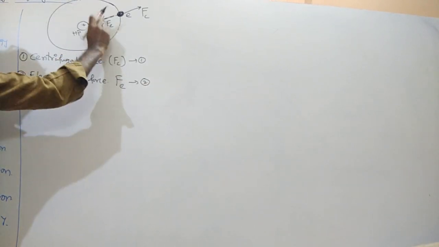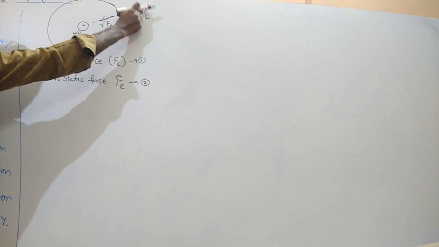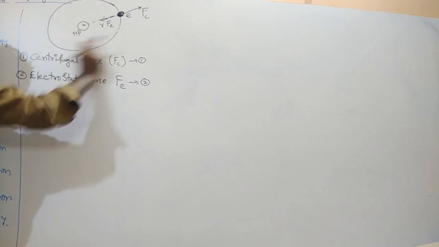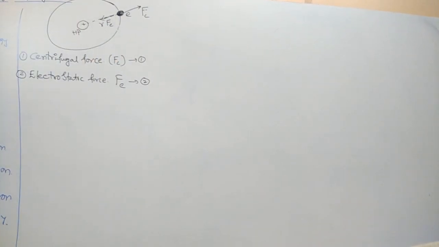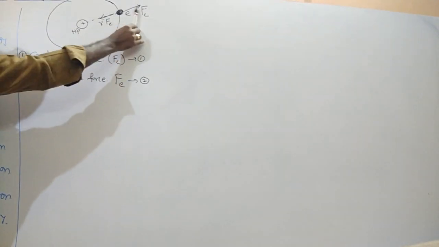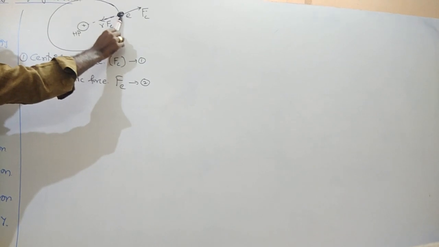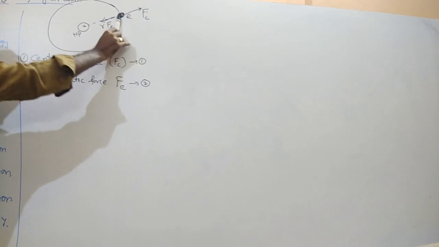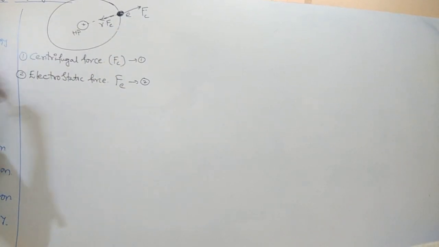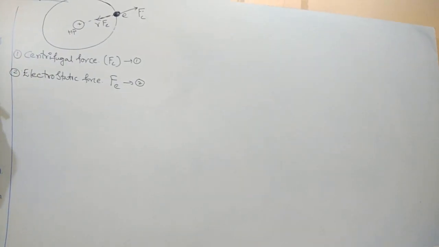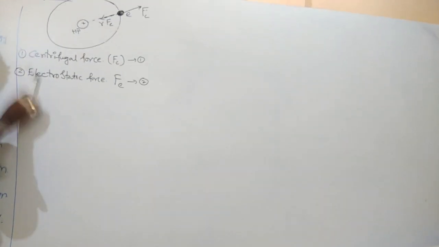Now, there are two types of forces acting: one pulling outward, one pulling towards the nucleus. When will the electron revolve in the same radius? Only when the two forces are equal will the electron stay in the same stationary orbit. Otherwise, the electron will move outward or towards the nucleus, in the direction of the larger force. According to Bohr's theory, the electron revolves in a stationary orbit, which means these two forces are equal.